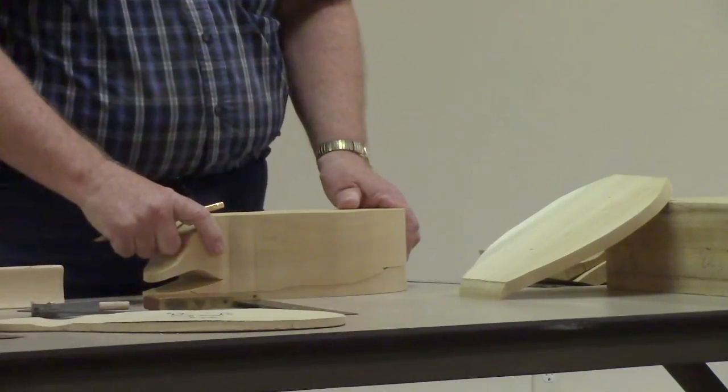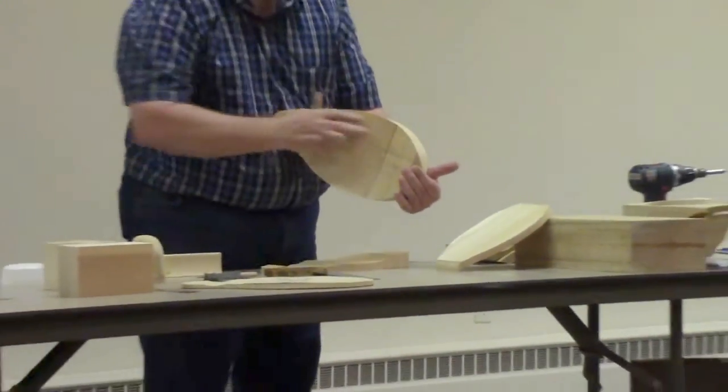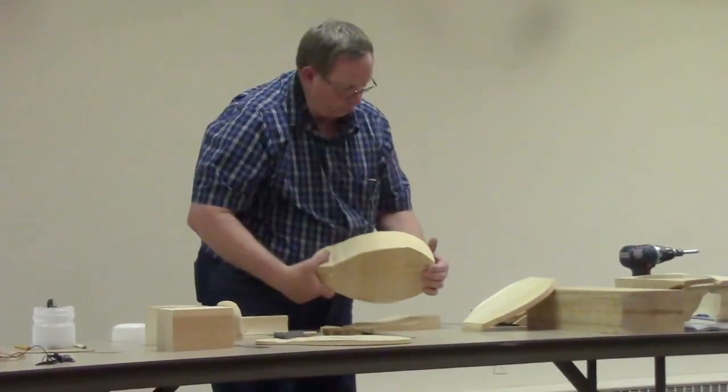Otherwise, if you want to get as thin as possible or really have a nice even contour, I would recommend do a lot of your carving on the outside first. And then